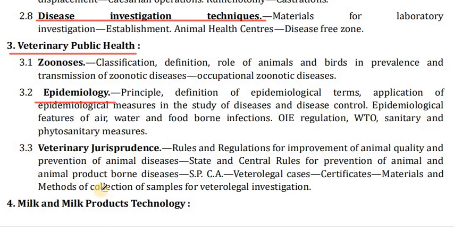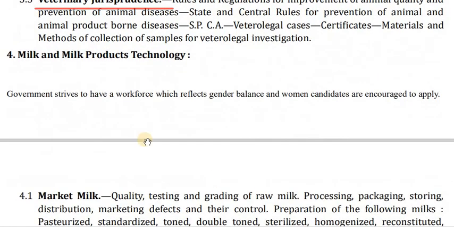WTO sanitary and phytosanitary measures. Veterinary jurisprudence, rules and regulation for improvement of animal quality and prevention of animal diseases, state and central rules for prevention of animals and animal product-borne diseases, SPCA, legal cases, certificates, materials, and methods of collections of samples for medico-legal investigations, milk and milk product technology,